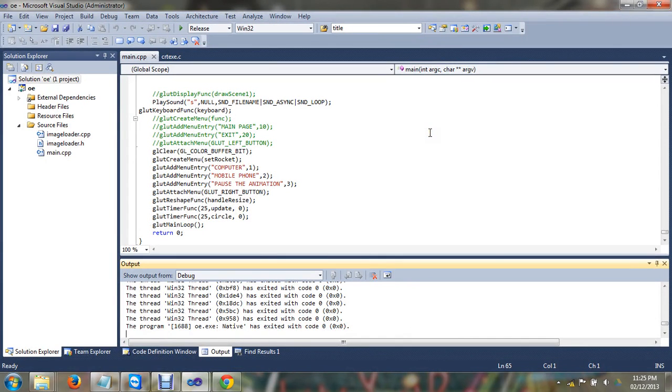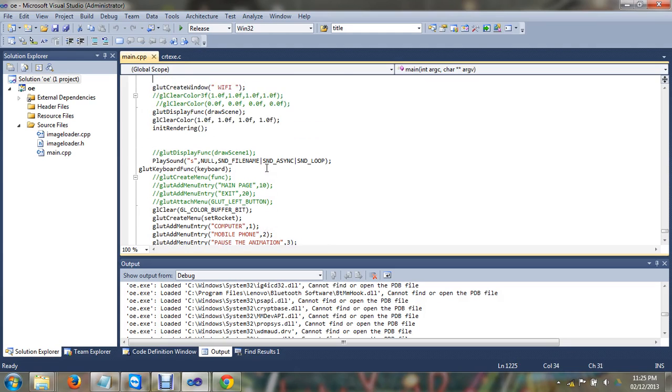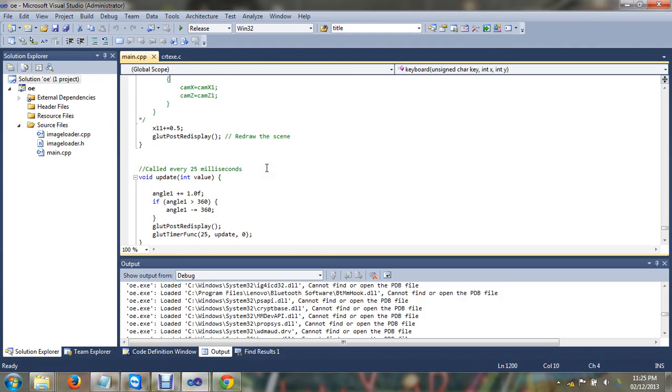Okay. As you have already seen the animation, let me explain it in code. This is the main code where we get the menu, computer, mobile phone, and the option to pause the animation. Later, when we go through the code,